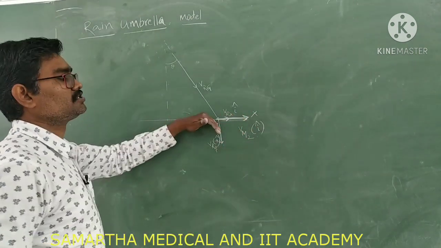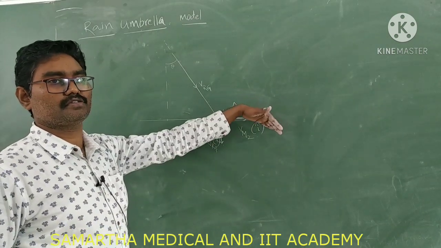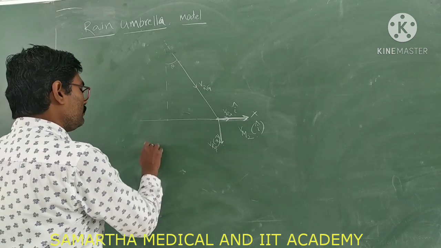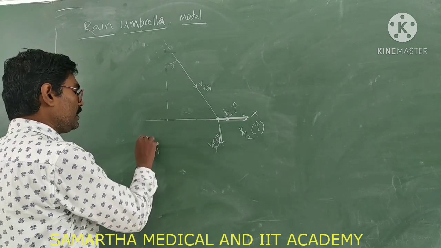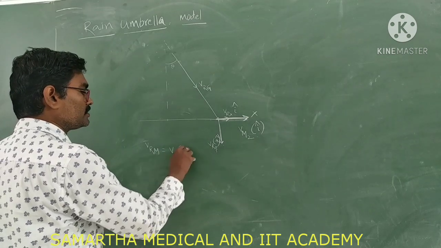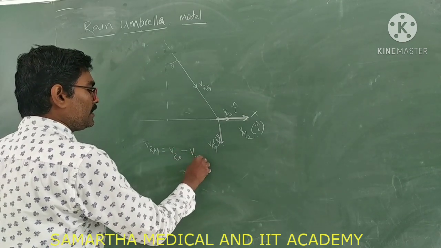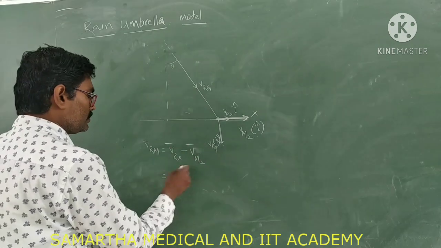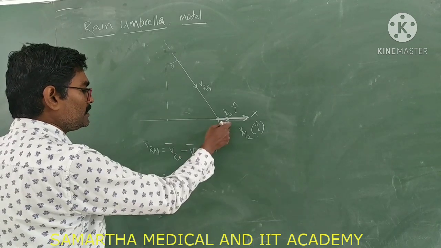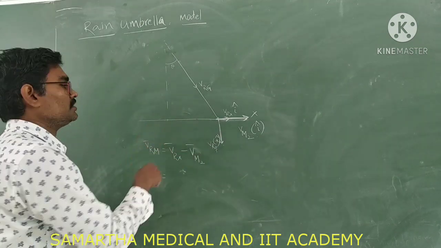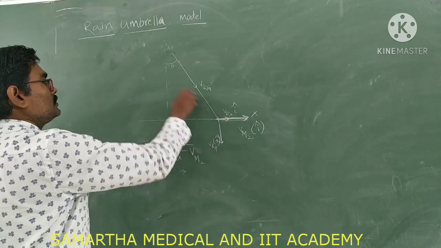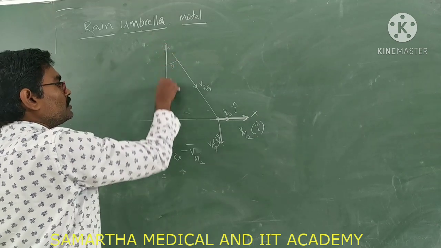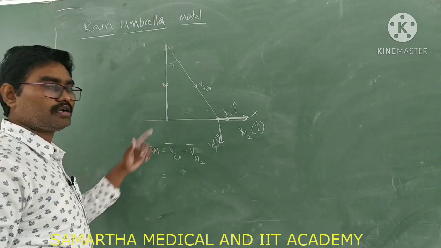Now the person's speed is more, so what will happen? The velocity of rain with respect to man is equal to the velocity of rain along the x-axis minus the velocity of man 2 along the x-axis. So what is this value? Vrx minus Vm2. In this case, what will happen? Here the resultant velocity will be falling vertically. The resultant velocity is falling vertically in this case.